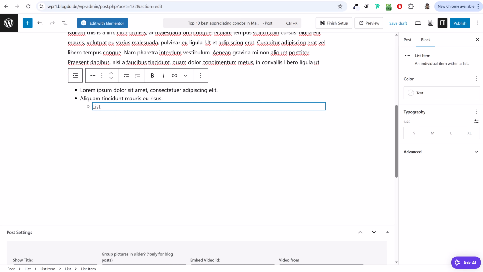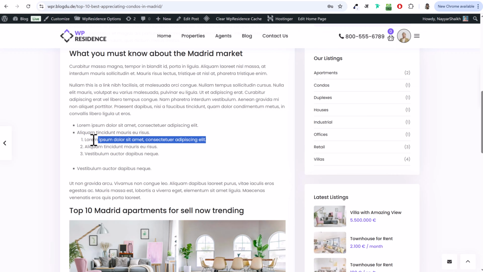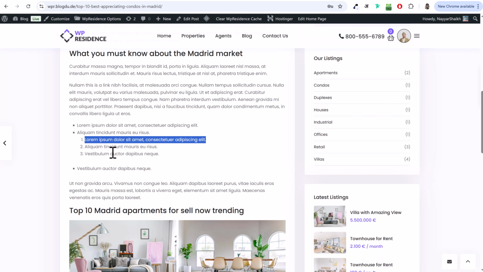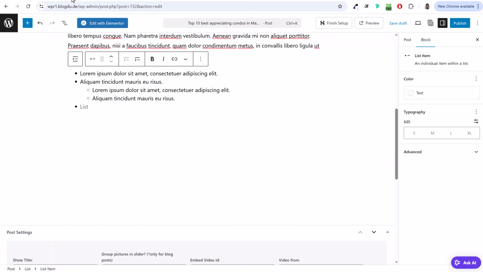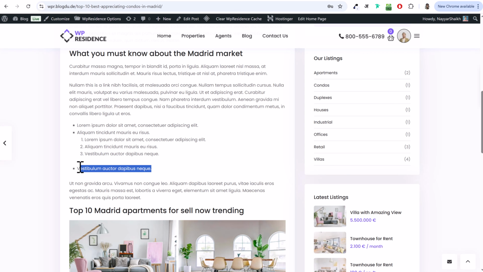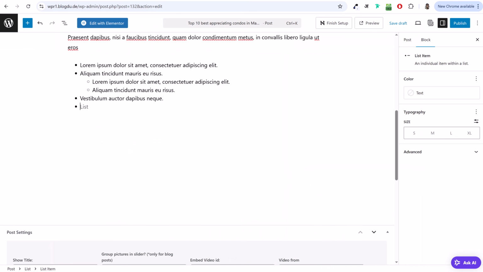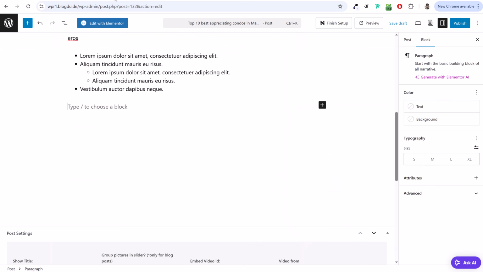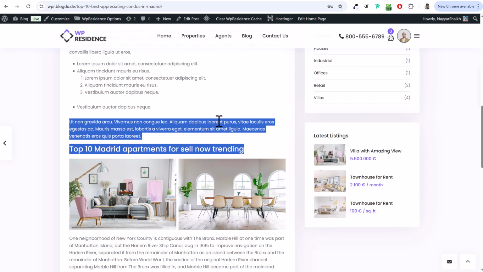Okay, so this will make it sub point, and I'll copy this one, paste it, press enter, copy this. So this is how easy it is. You already know these basic things, so you can create your list like this. Then press enter if you want to come out. Then again, simple text and heading, you can add your simple text and heading, and below this thing we have